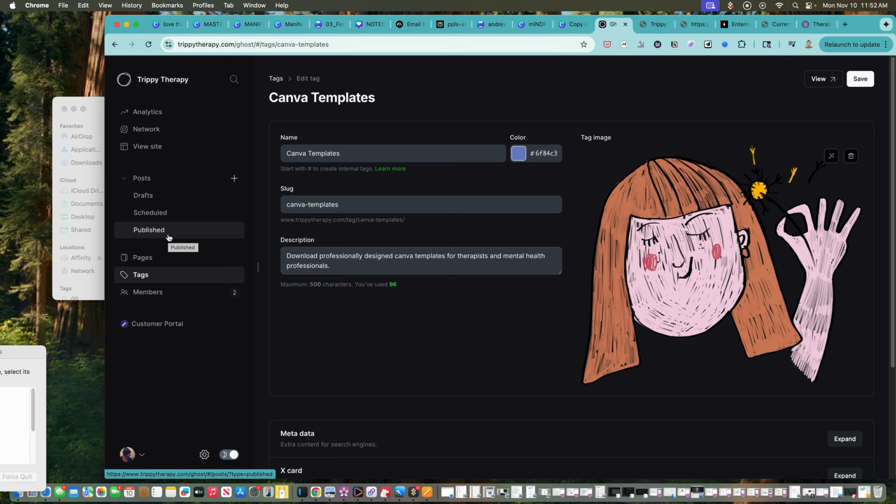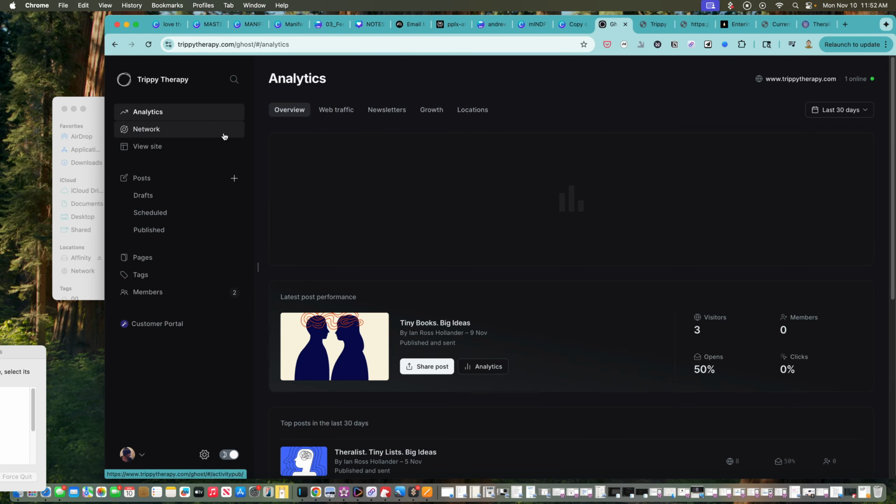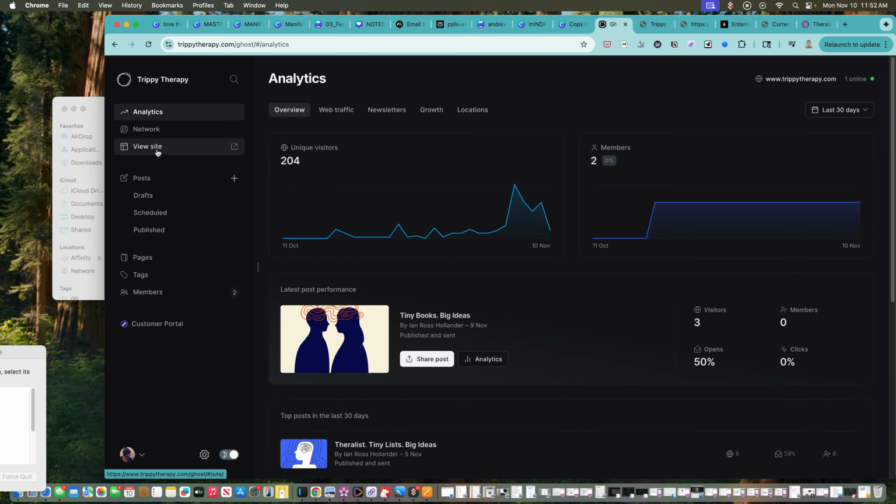Again, we're less than a month in, but it's a lot cheaper than Ghost Pro. I know that some folks think that Ghost is too expensive because the Ghost Pro hosting can be a little pricey.